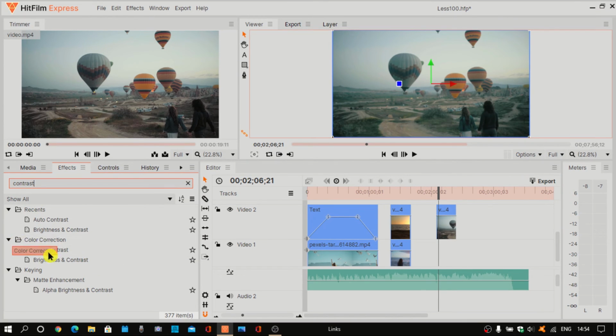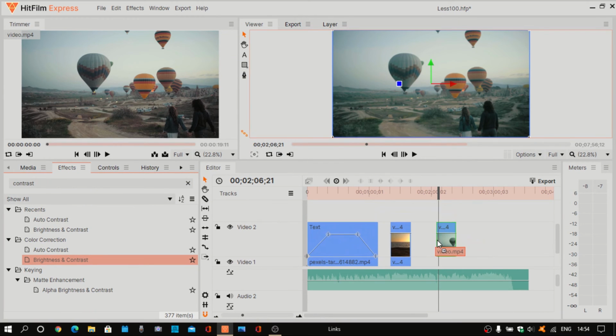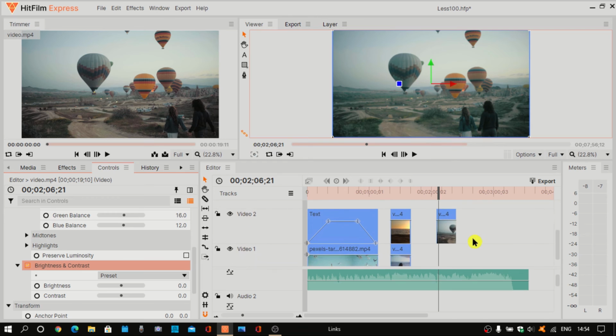And as you can see there, auto contrast is there, and then brightness and contrast is there. I would prefer to do that. So when it is done, when you drag that contrast bar into your video clip, it will change into a controls panel. And over there now you can,